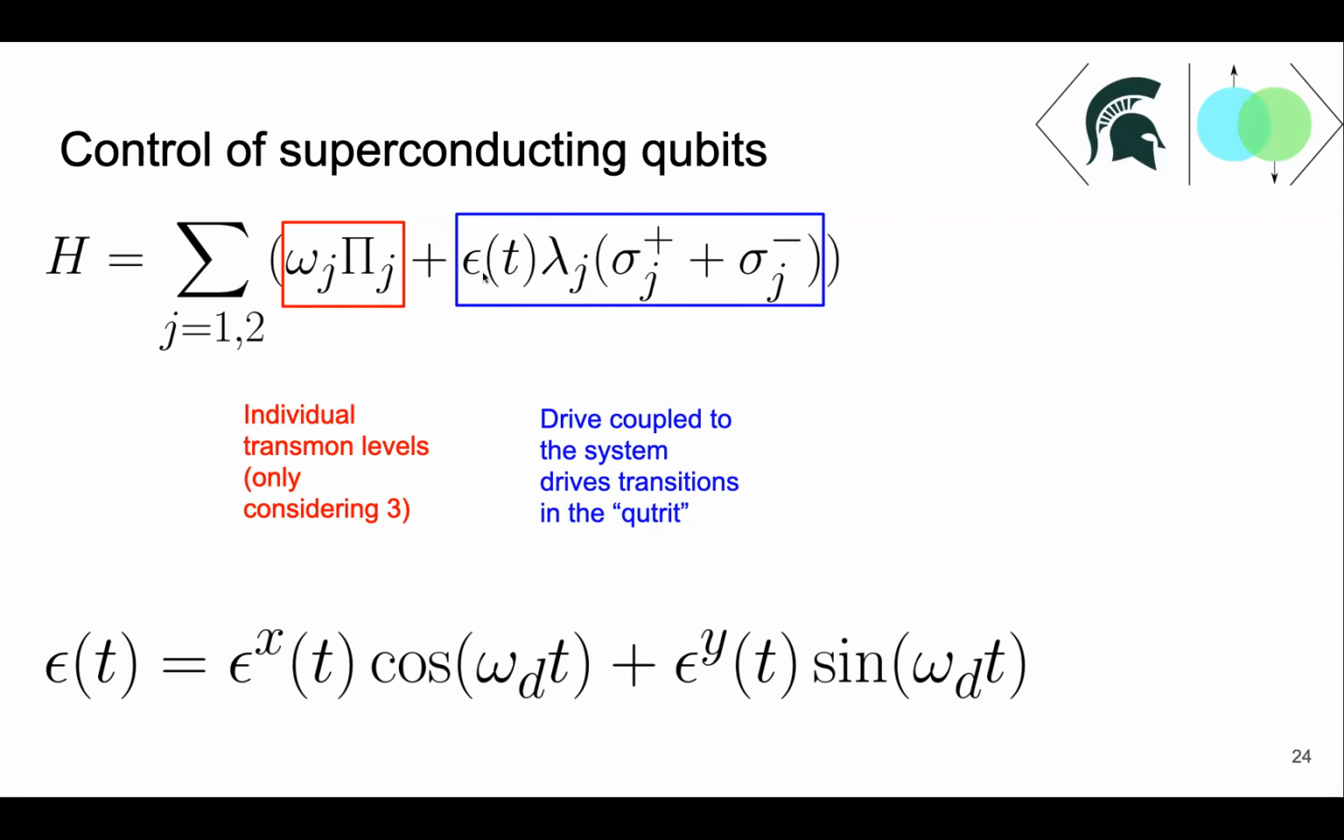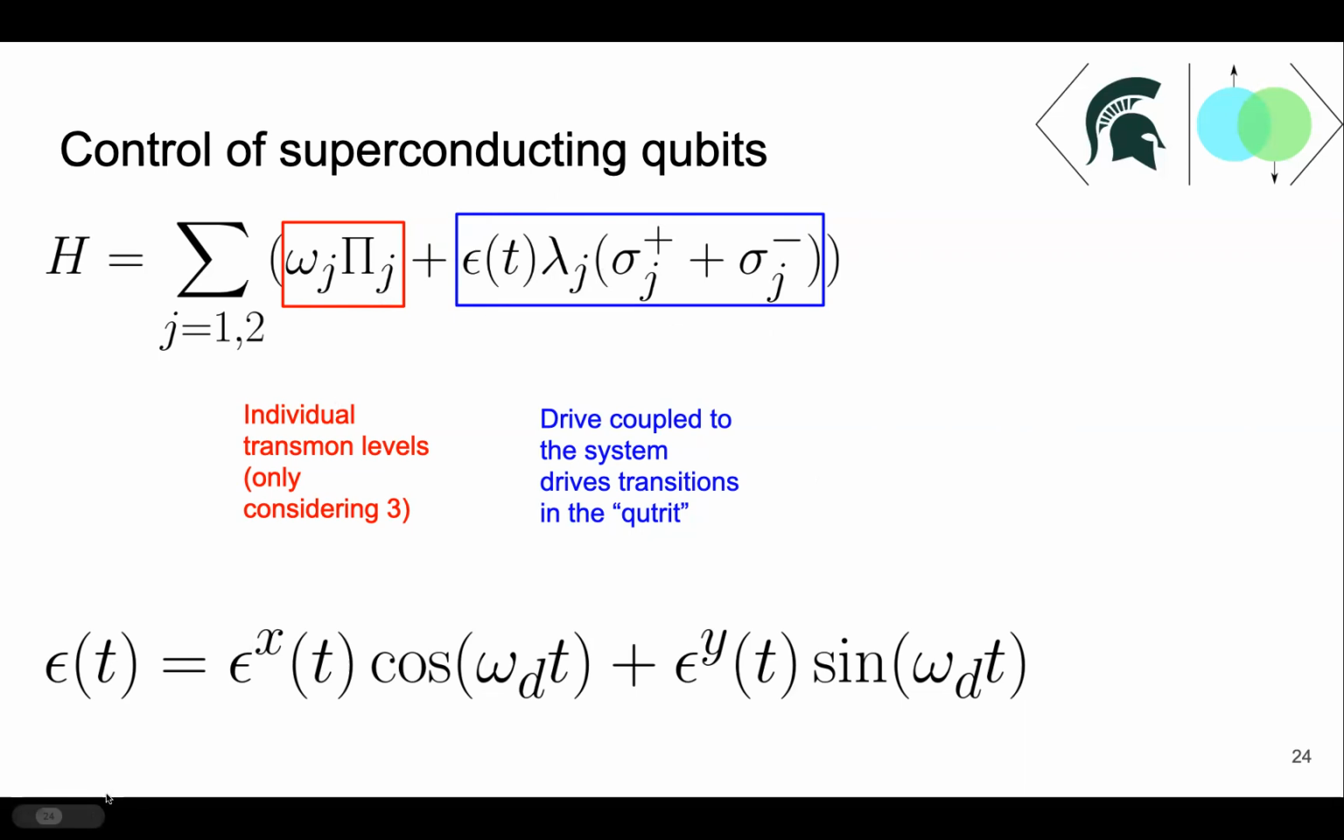So I have some time envelope. Lambda j represents the coupling to each transition. So in principle, you could couple to each transition with different strengths. And then this term, which creates and destroys excitations in the qubit. Okay, and in principle,